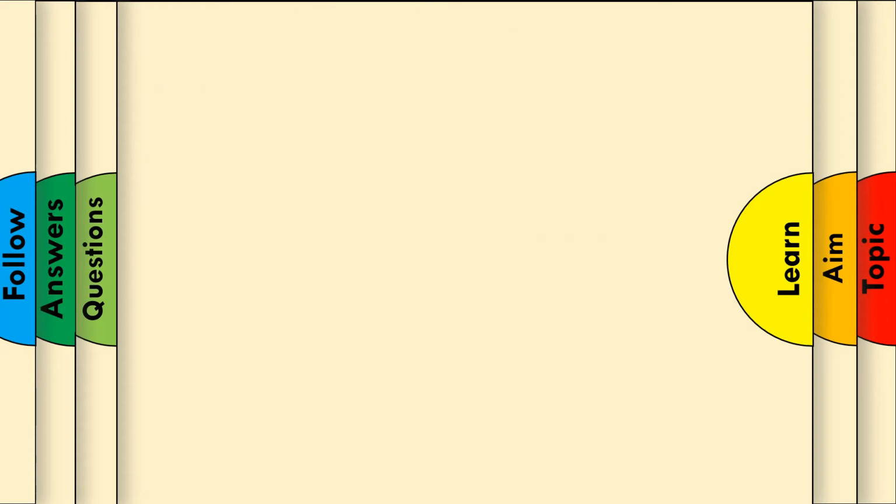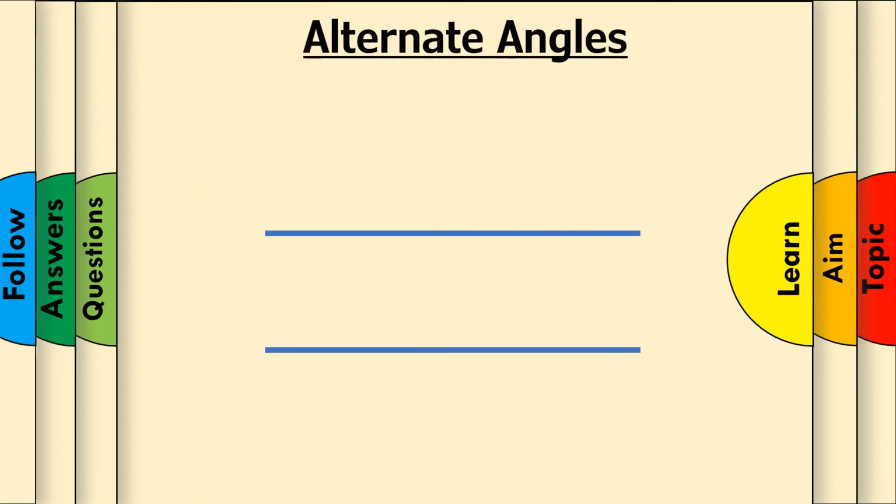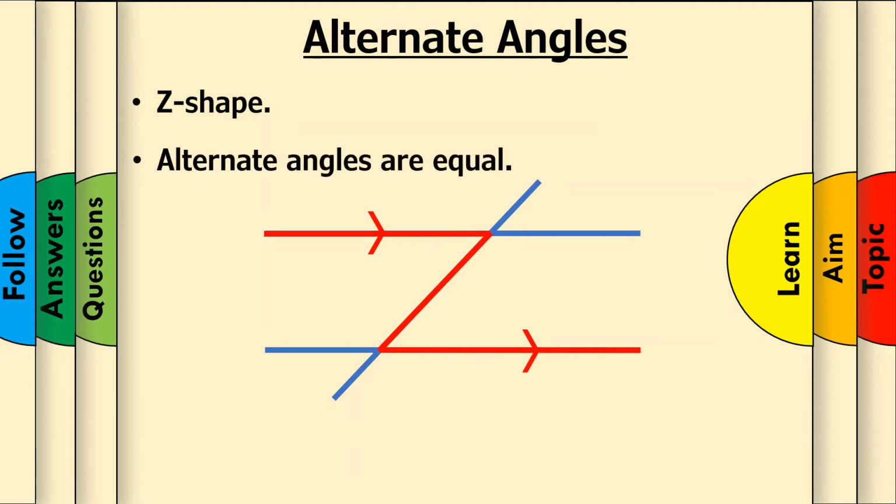Like before, I'll go ahead and draw a pair of parallel lines. I'll also draw a line on top of them, like so. Alternate angles are found in a Z shape. If you see the part we've highlighted in red just now, it looks like a Z. Alternate angles are equal. Where exactly are the alternate angles, you may ask? They're simply the angles found inside the Z, these ones here. They are both equal. In this case, they're 45 degrees. Cool stuff. Let's take a look at allied angles.